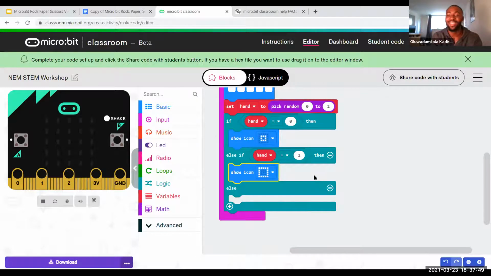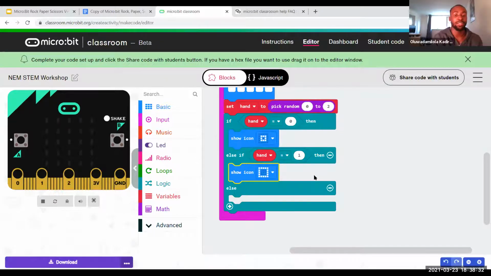Smart kids. Now, question for everybody. We've set up our MicroBit to show small square when hand equal to 0 and a big square when hand equal to 1, which is rock and paper. What are we going to do for scissors? How do you guys think we should tell our MicroBit to show scissors? Any ideas? The same thing, it's just that hand, the comparison thing, hand is equal to 2. That's good. That's very good. Very smart, Rishar. And yes, making a hand equal to 2 is a very smart way to show scissors.